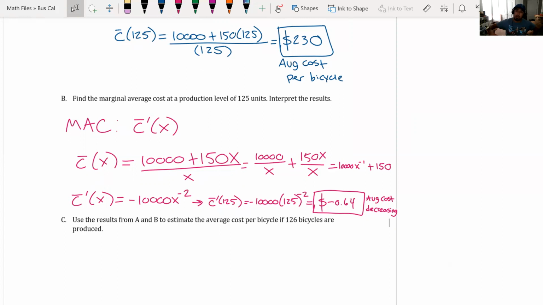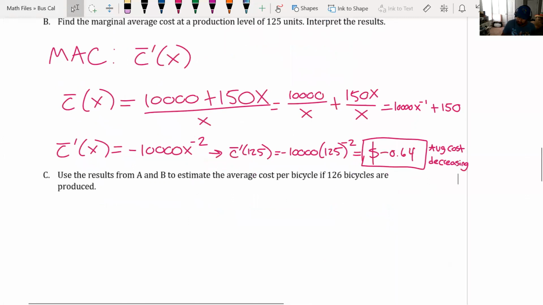Well, right now we know that at 125 bicycles, we're doing $230 per bicycle. Also, at 125 bicycles, the cost is decreasing by 64 cents. So all you really have to do here is take the answer from A,